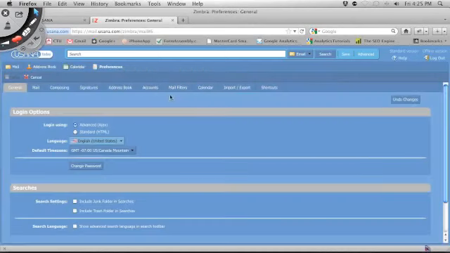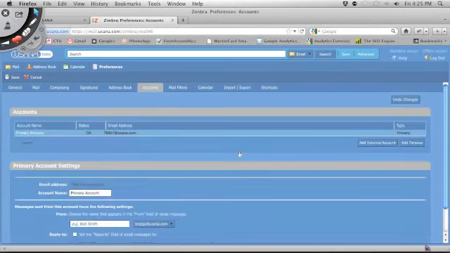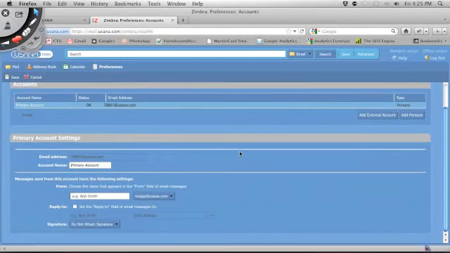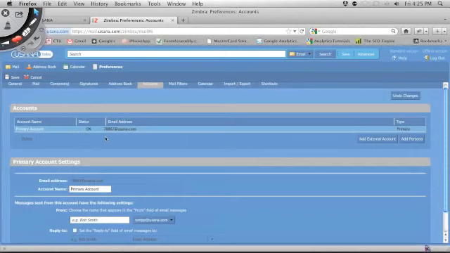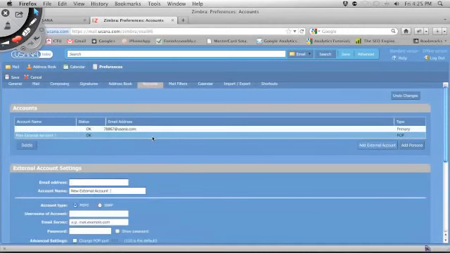Going back to the preferences feature, one of the things that you have in here is the Accounts tab under Preferences. In here, this is where you would be able to add multiple accounts. So in this case, I have my primary account, which is 78867@usana.com. My alias is testpp. I can then add an external account,